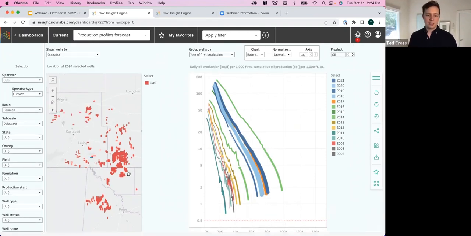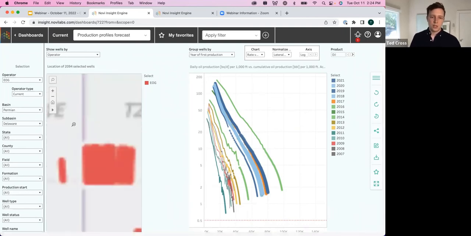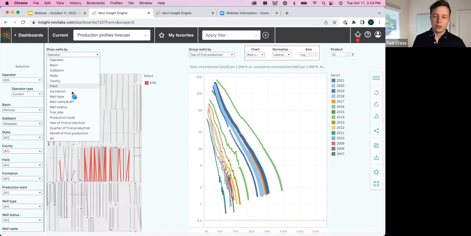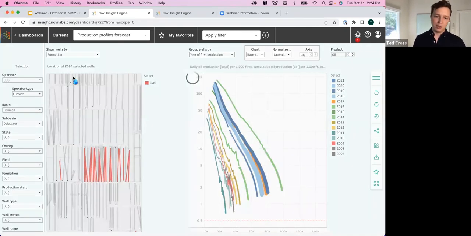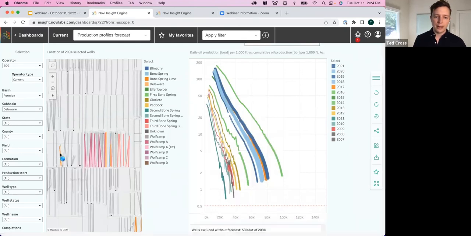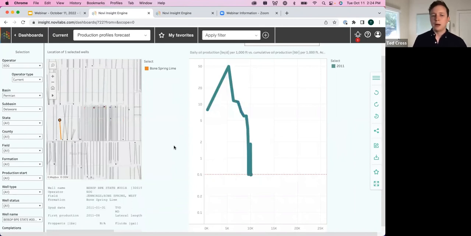I do want to emphasize, and let's go ahead and zoom in on the map here. If I wanted to change these and show it by the formation or some of the other data that we have available, I can do that. That's kind of up to you. And let me go through and just kind of click. I can click on one of these wells and bring it up on the map. And it'll show me the forecast for that well individually. So these forecasts aren't available just for the currently producing wells. They're not available just at the total level. We have them at the very well level right there as well.